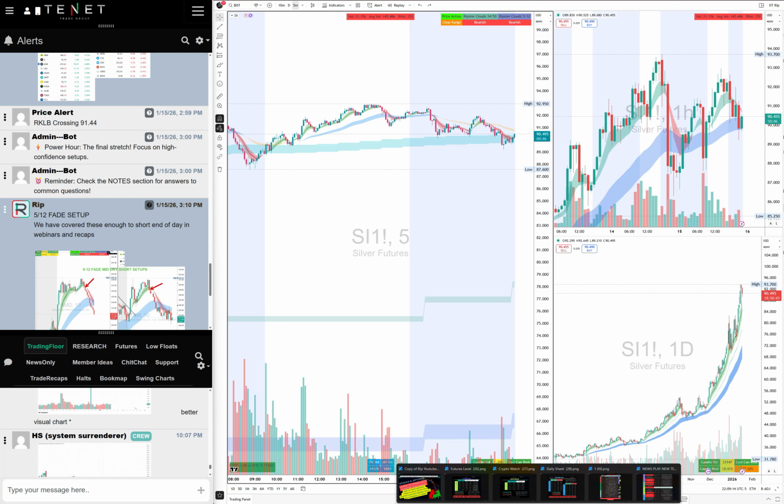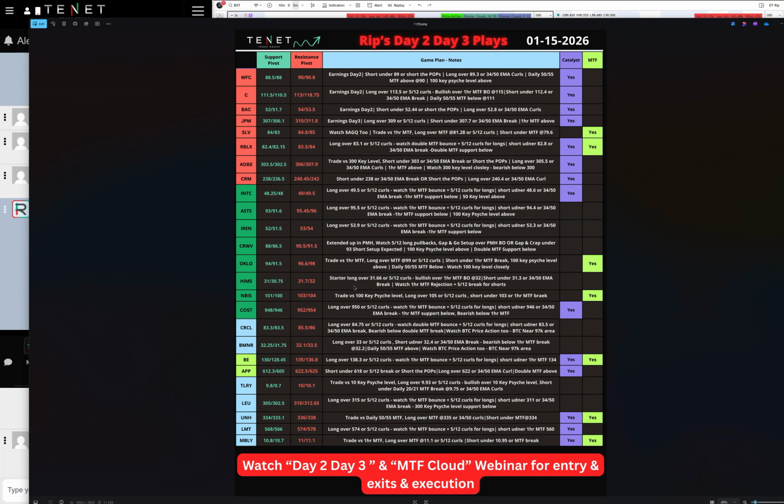In addition to that, we also trade something called day 2 day 3 strategy. Day 2 day 3 strategy was pretty good on some of the banks today. JP Morgan, Citigroup worked pretty good. So this is our day 2 day 3 strategy. I did a free webinar on this as well, but if you want to learn it, you can watch thousands of my recaps and short videos, and you will learn this strategy from there as well. Otherwise, we do have a dedicated webinar in the community.